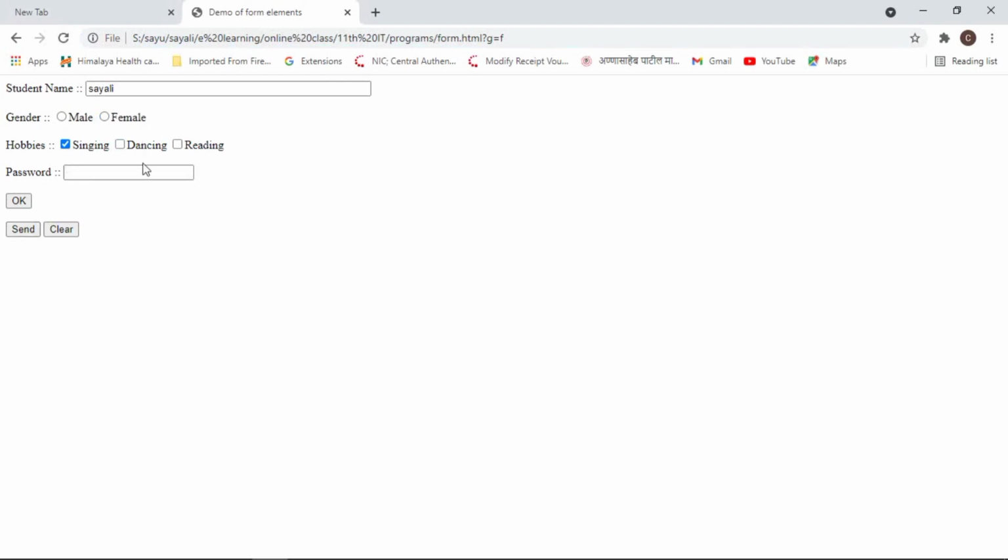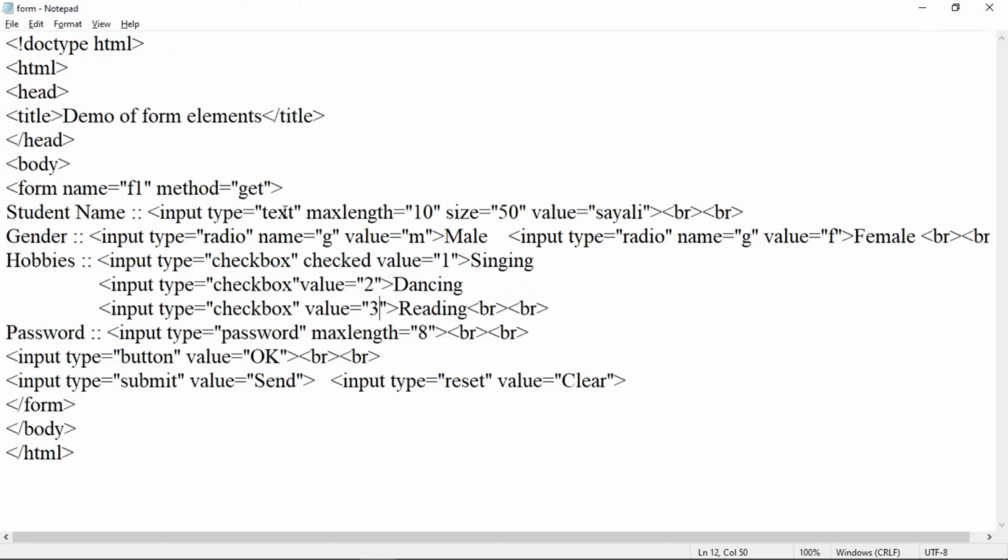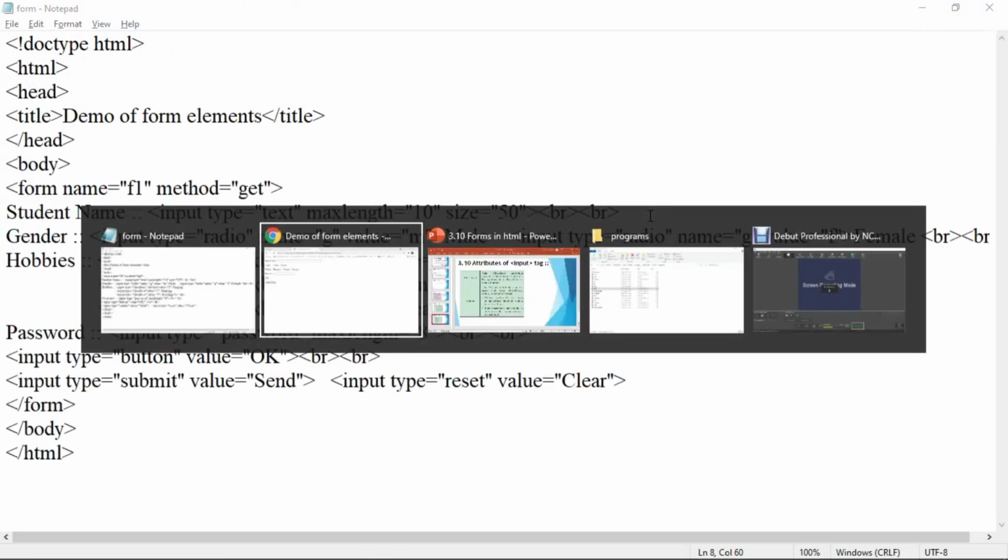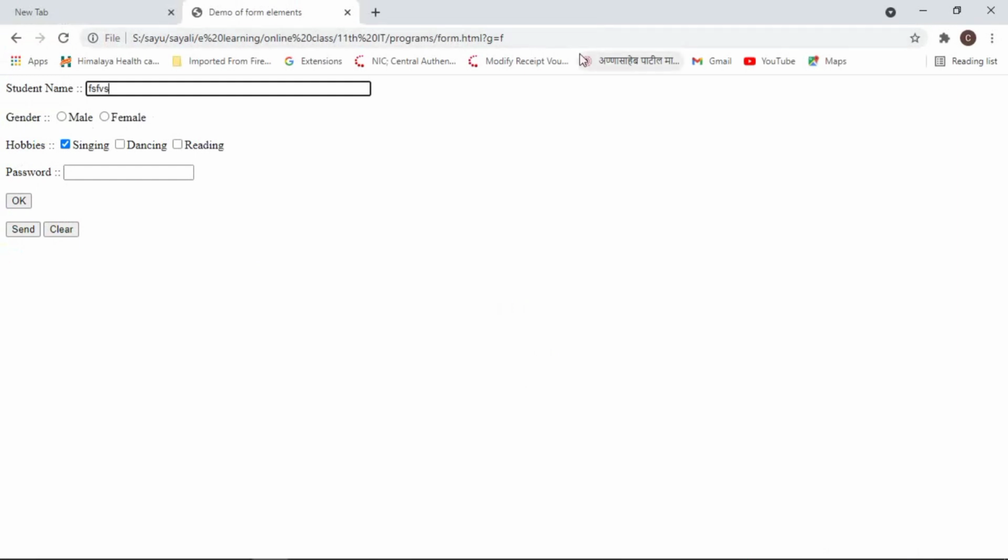Okay, to clear this form data, we can use a clear button that clears the form data. This is a default value, so by default it will be displayed. Let us remove it from here and you will understand.